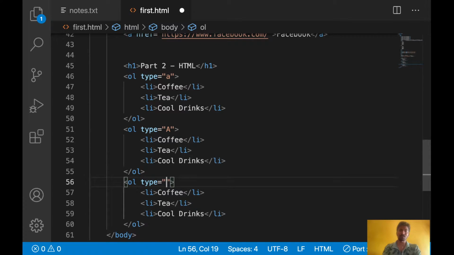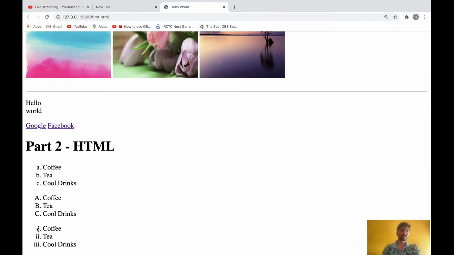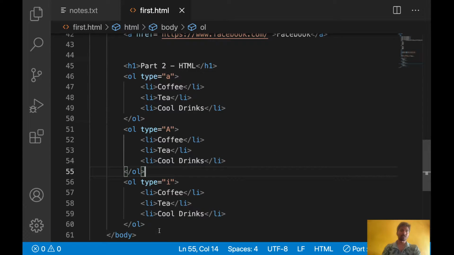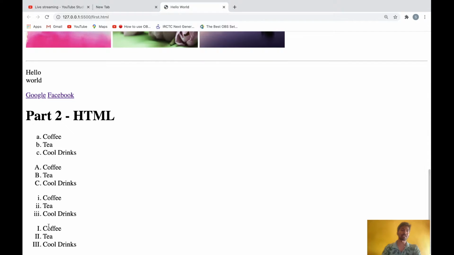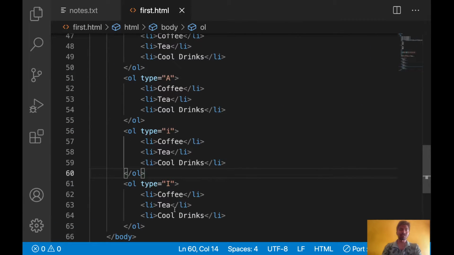If you want to write Roman characters as a list, you can use it like this, with capital I, then capital Roman letters will come as a list. This is completely based on our requirement.